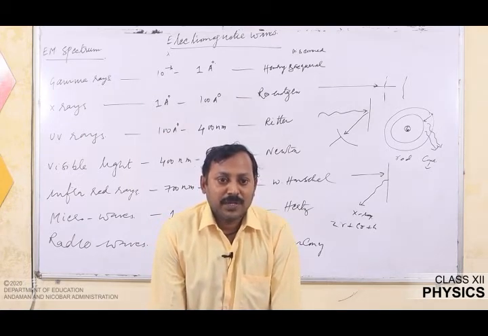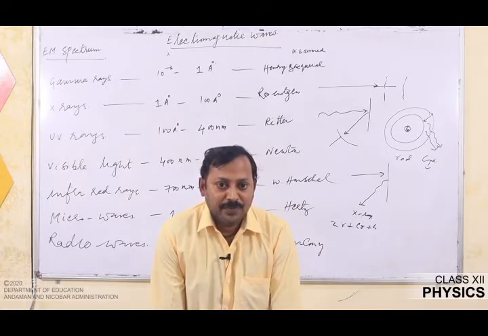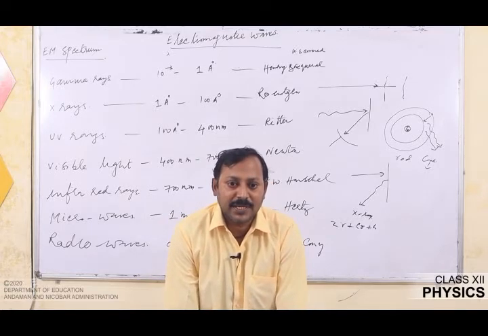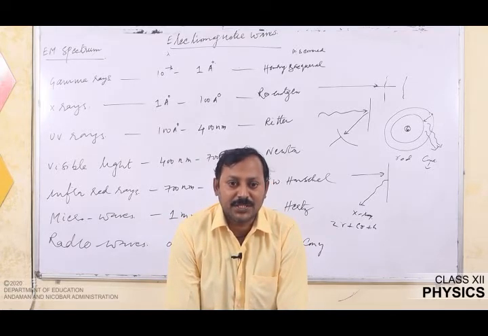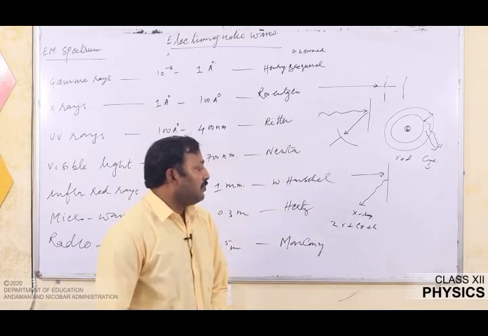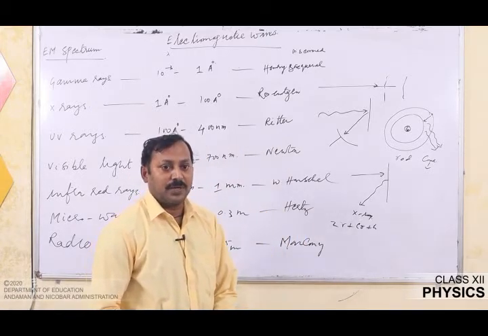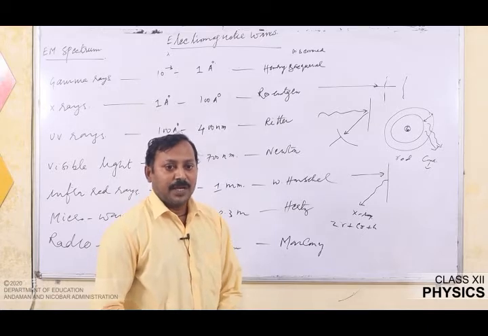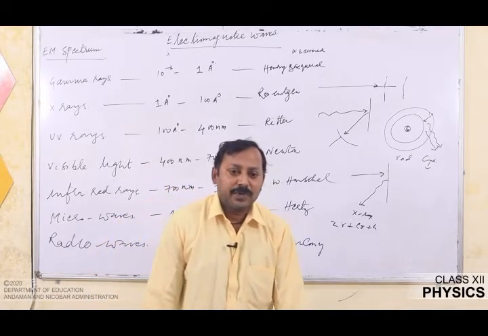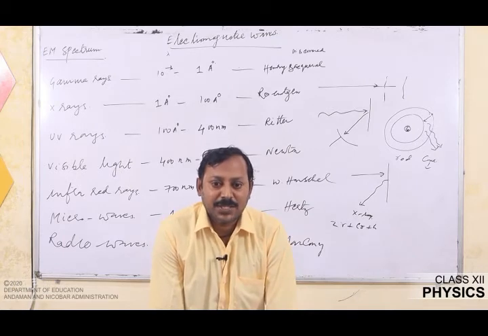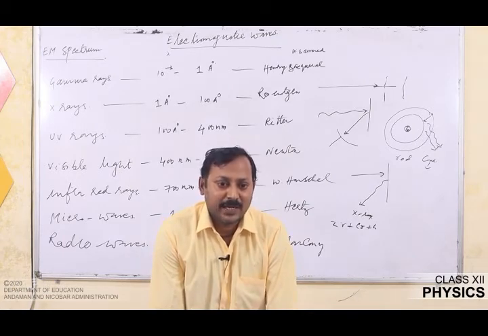Another way of producing microwaves includes vacuum tubes, which contain the Gunn diode, klystron, and magnetron. Properties of microwaves are: they travel with the speed of light, they show reflection, refraction, interference, diffraction, polarization, and at the receiving antenna they produce a spark. That is also one of the properties of microwaves. And then microwaves are used in satellite communication, mobile communication, radar, cable networks, etc. And detection is done by using point contact diodes.